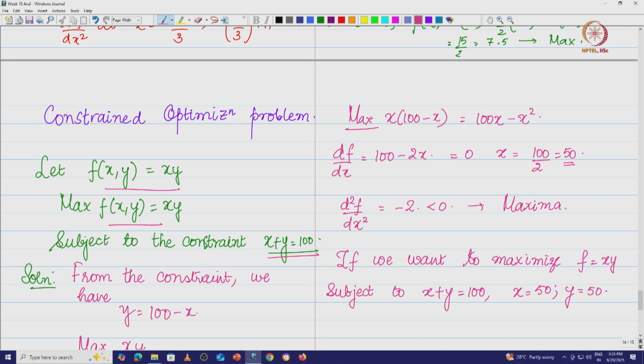And the point is, what is the second derivative test here? In this case, d square f by dx square, we got it, and it's easy because it was a single variable function. We converted the two variable function to a single variable function, and then we did this. Now if we are going to look for a maxima or minima with a multivariate function, how are we going to look at the second derivative? What is the second derivative test, and how do we do this? And is there any other way of solving a constrained optimization problem by looking at it in a different way? So that's what we are going to do.